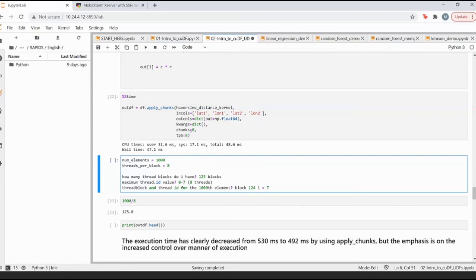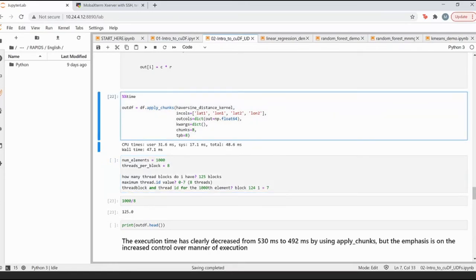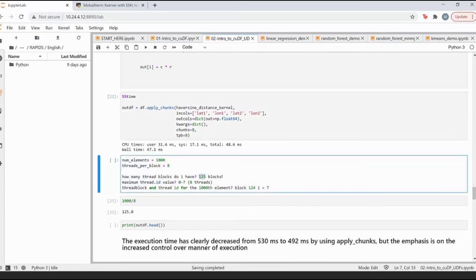So I think this resolves a lot of the things that we wanted to do with having more fine grained control over threads per block. Now, one important thing that I want to mention here, which was the trickier part, was that when I had mentioned the chunks as 16, my blocks had been reduced directly by 2.